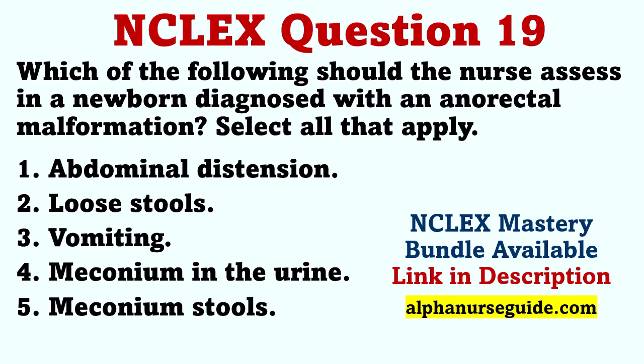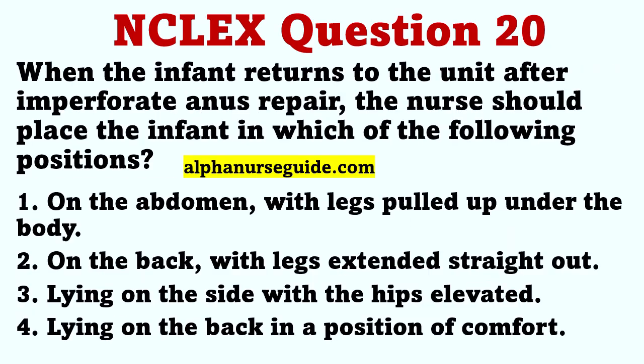Anorectal malformations present with lack of stool or evidence of meconium in the urine through a fistula. Meconium is not found in the stool. Because stool does not pass, abdominal distension and vomiting occur. When the infant returns to the unit after imperforate anus repair, the nurse should place the infant in which of the following positions: